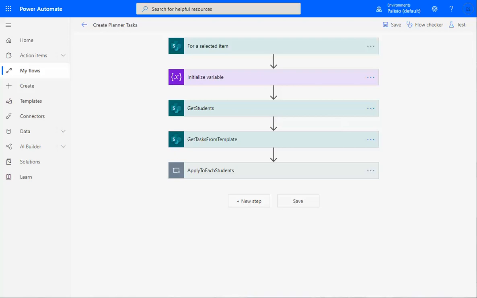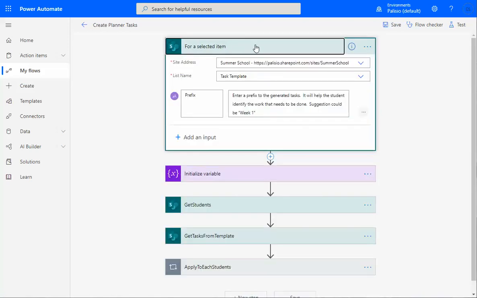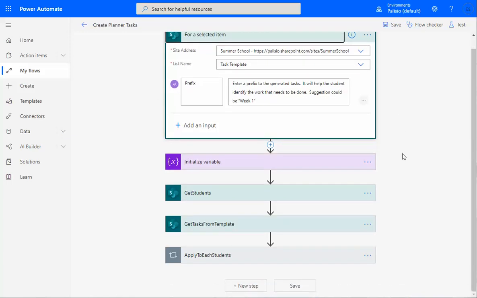Because remember when we select the record and we went over here, in the SharePoint list and we say start the flow, well, that's triggering the beginning call for a selected item. So basically what it did is it's a template and it's asking you where's the site, where's the list, and like an example of the question, it says enter a prefix for the generated task. I typed it in there. Now, the next step, it flows visually. So maybe if you've seen some of those Scratch environments,